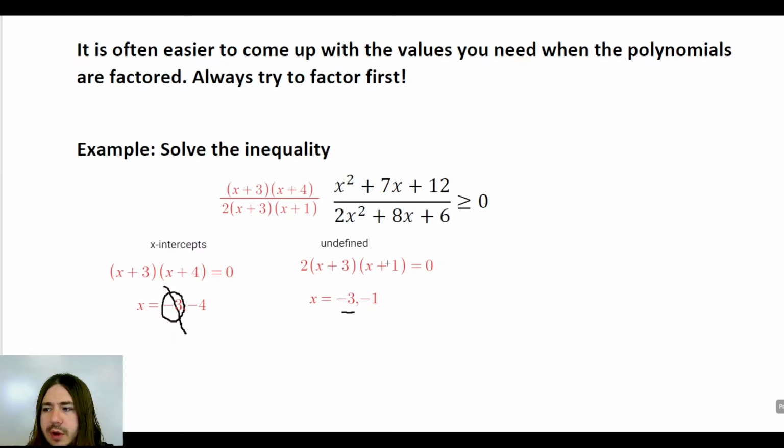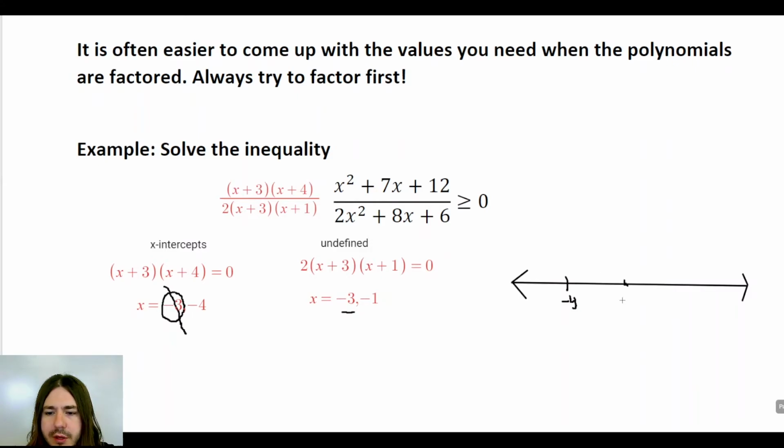Okay, so at this point we're going to draw our number line. What we're interested in is where this function is positive or 0. Now, if it was just strictly greater than, then not considering this an x-intercept wouldn't really matter because you're not going to include the endpoints anyway. But because we're including where this is equal to 0, we want to make sure not to include -3. So the values here are going to be -4,